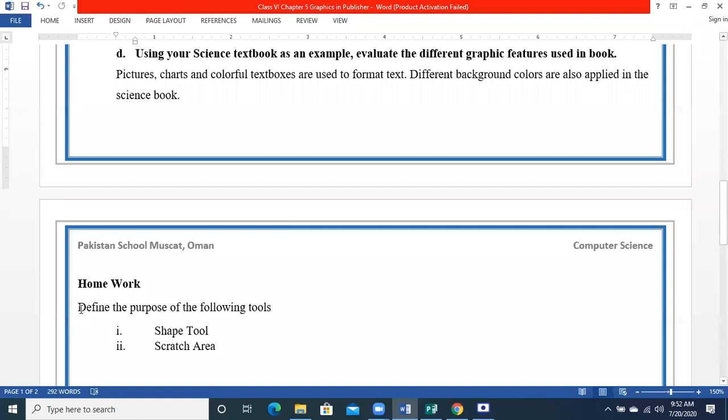Then in the homework, I have mentioned that you have to define what is meant by shape tool and what is meant by scratch area. I told you today that the scratch area is basically the area where you place the pictures when you are not working on them.